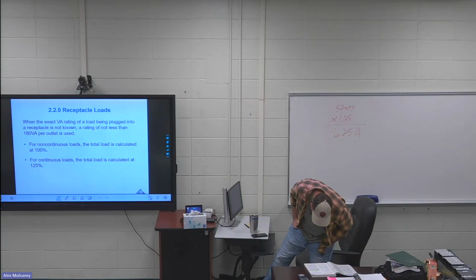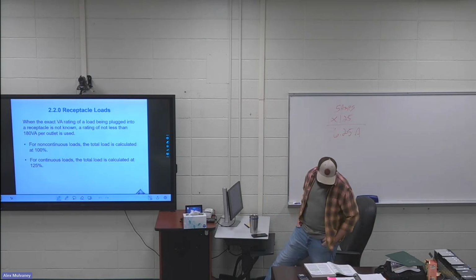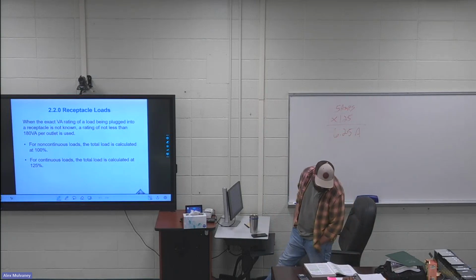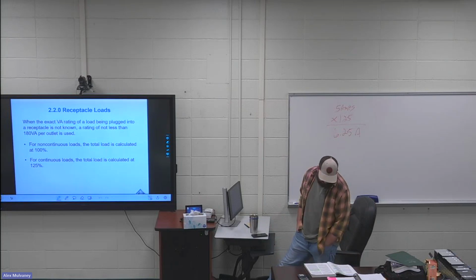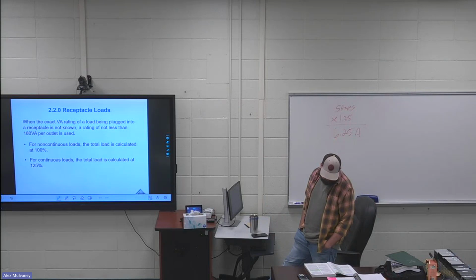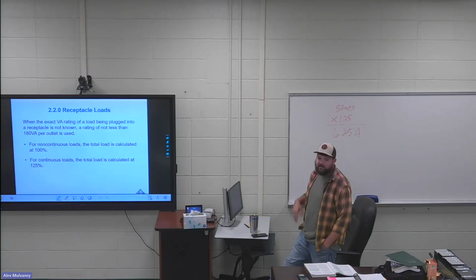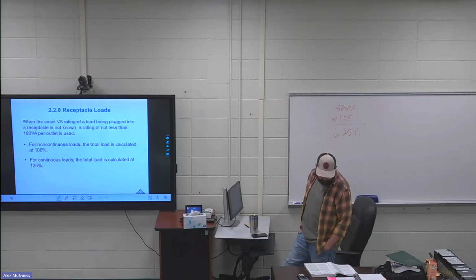All the way, first paragraph, all the way through where you see 125% is highlighted. When the exact volt ampere rating of a load, this is in 220 on page 11, that is to be cord and plug connected, the receptacle outlet is not known, a volt ampere rating of not less than 180 volts per outlet is used. Key in on that. If you don't know, each plug is going to be rated for 180 volt amps or